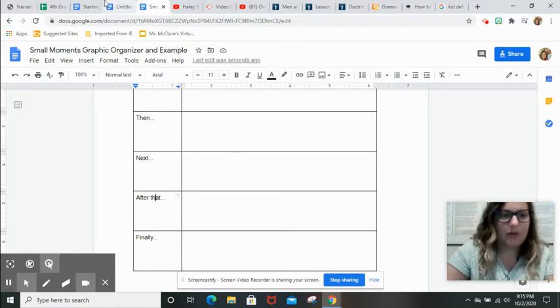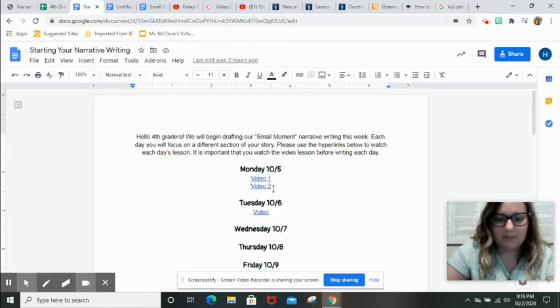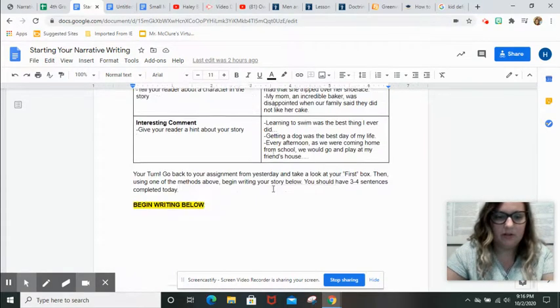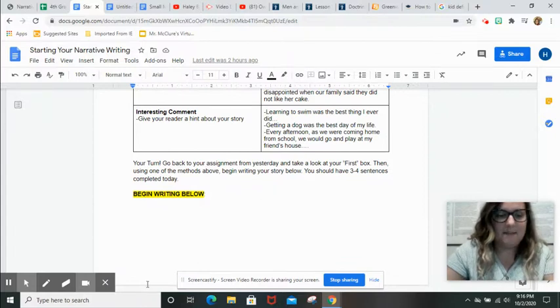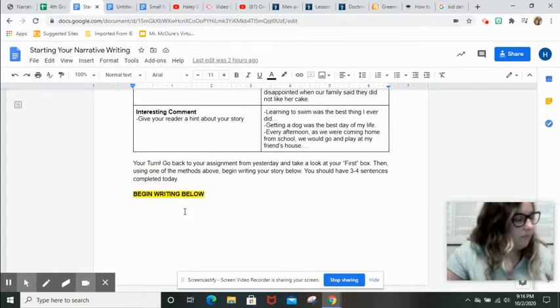So you will go back to your writing. We're scrolling down to the bottom to look for that highlighted section that tells us where to begin. Once again, mine is blank because I have not written mine yet, but you will have already written your first 3 paragraphs, and today is your 4th paragraph of inserting that dialogue.